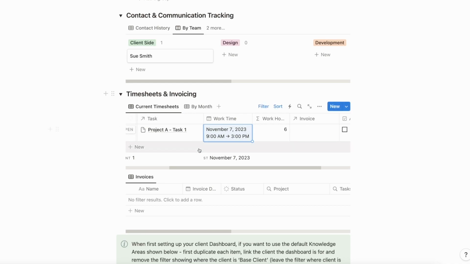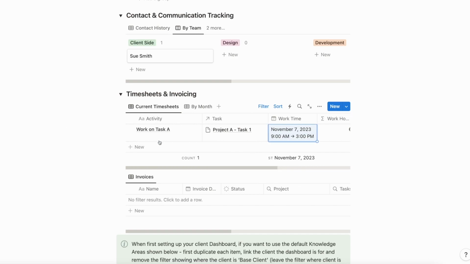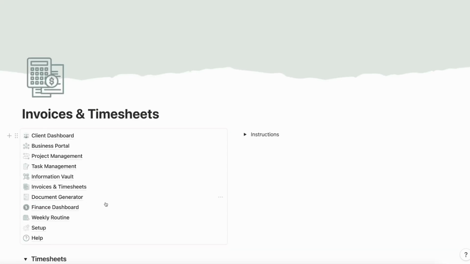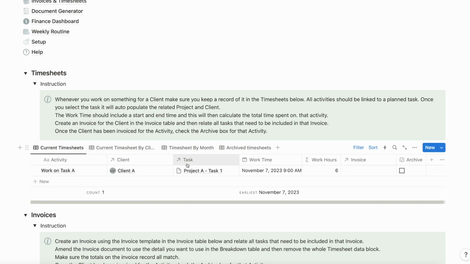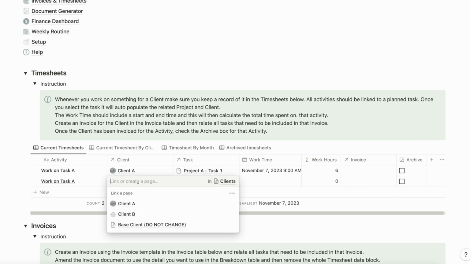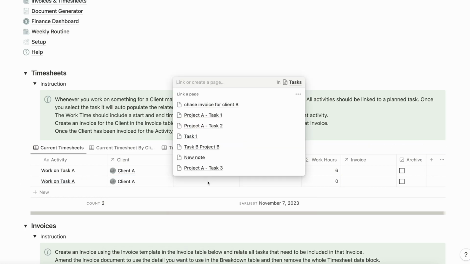So throughout the month, every time we work on something for that client, we can link that in. So by doing it from the client level, you have that client automatically linked in. If I now go to the main Invoices and Timesheets page, we will see that client's timesheet. So we've got the one that we've just created. I could create it here. So work on task A. Again, it's the same activity that I'm doing, but this time I can put in all of the information that I would